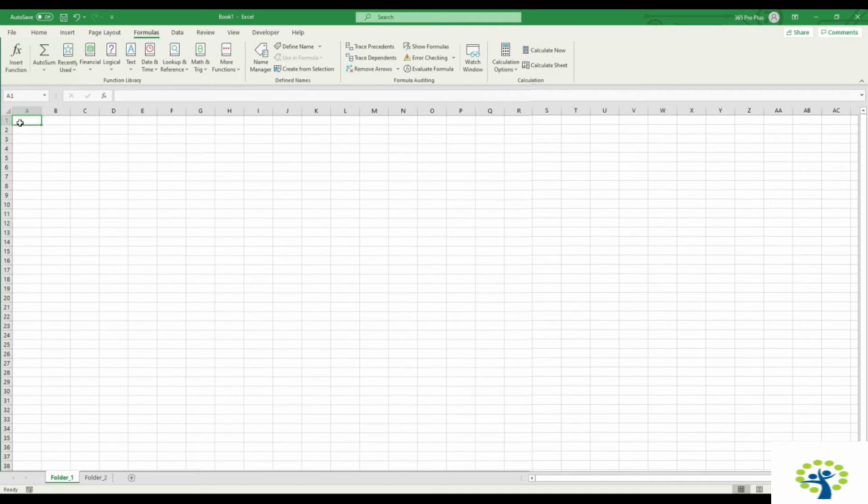Now insert the following 2, 4, 6, 8, and 10 in A, B, C, D, and E cells. To sum these values, you can manually insert the following function: equals SUM, open round bracket, A1, B1, C1, D1, E1, close round bracket, then press enter. This way, all the previously filled cells will be individually added to one another, resulting in a sum